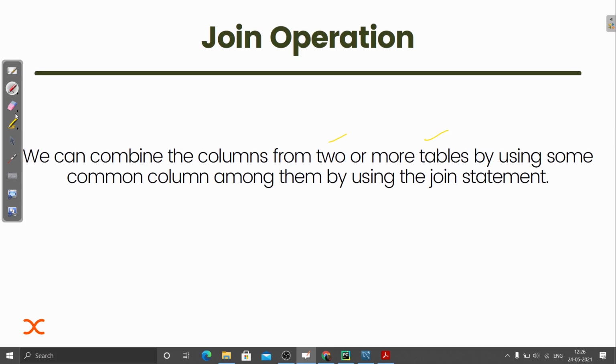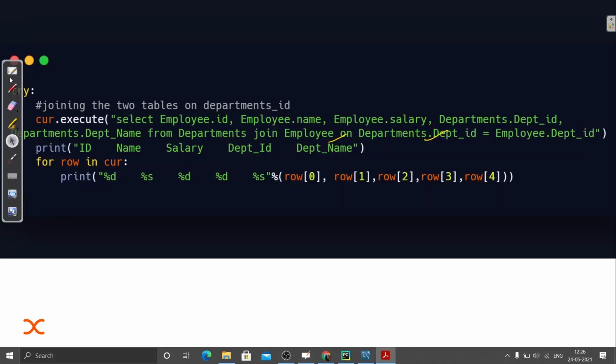Okay, so let me just show you. So here you can see what I'm doing. Select employee dot ID. It means from the employee table, I'm using this ID column. Then from the employee table, I'm using this name column.